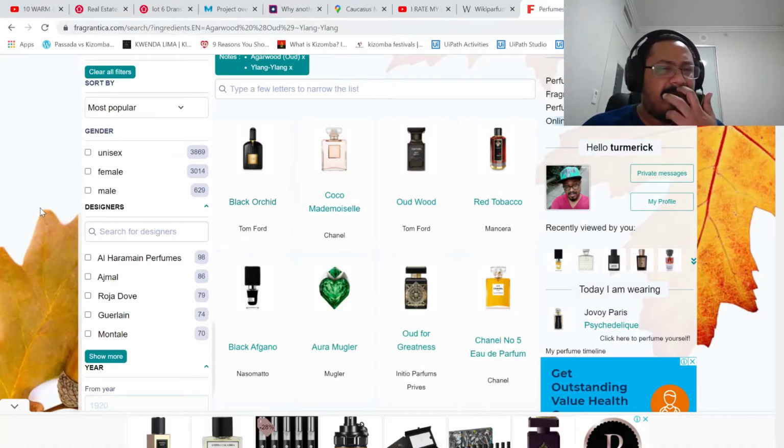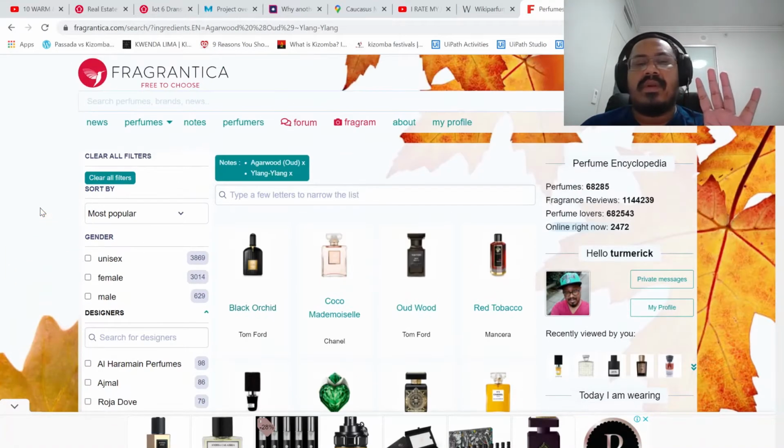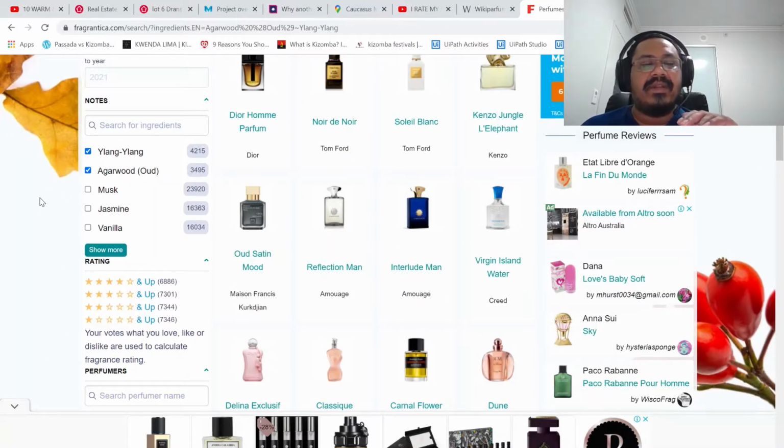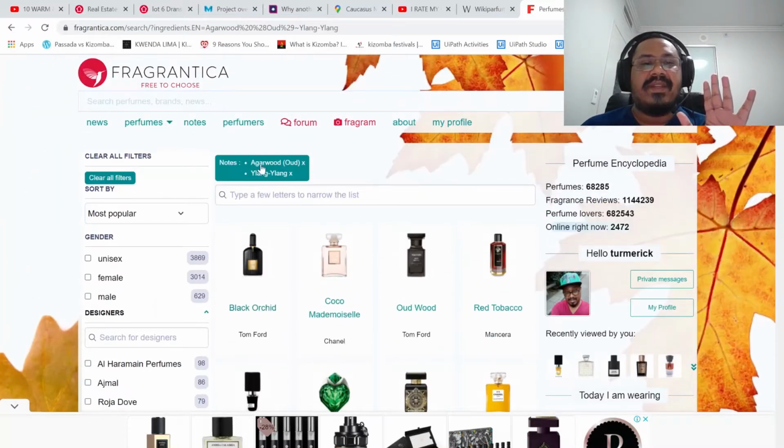Say for example, you can do a lot of things on Fragrantica, right? But there's one thing that I've always found to be very annoying, which is when you want to filter fragrances based on notes. Say for example, I have filtered ylang ylang and agarwood here, just to give you guys an example. But Fragrantica's filter works like "or". It doesn't consider "and". So the way it filters is it lists the fragrances that have either agarwood or ylang ylang,